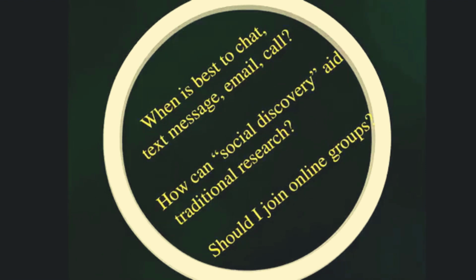I've got different ways that I can connect with people. When is it best to chat in person or to chat using text, some kind of texting client, instant messaging? What about text messaging, email? There are different ways that we can reach out. They can have different rhetorical functions or purposes.